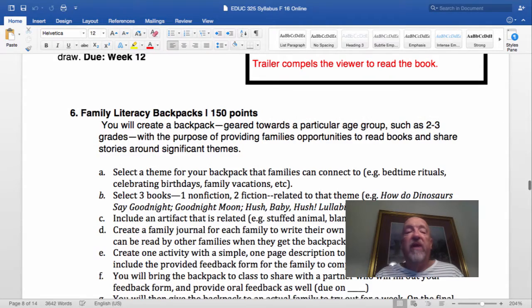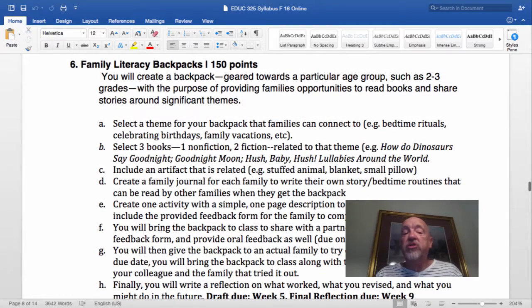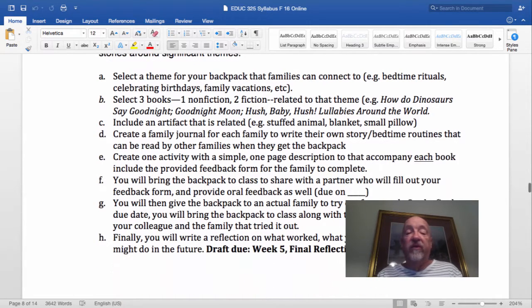You're going to create a family literacy backpack. That is some activities that are going to be put in an actual backpack that we give to an actual child to complete over maybe a week period of time. You're going to gear it toward a theme. You're going to actually put 3 books in it, include a little artifact. You're going to create a family journal that they can write about, and you're going to follow the rest of the specifics here. The draft is due week 5,